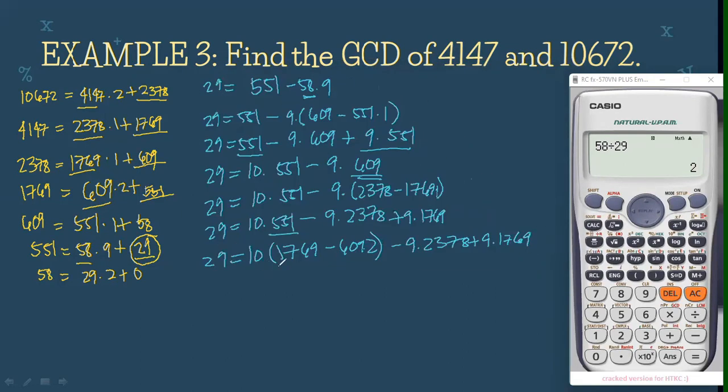So we need to distribute this. Opo. So we have 29 is equal to 10 times 1,769 minus 2 times 10, that is 20 times 609